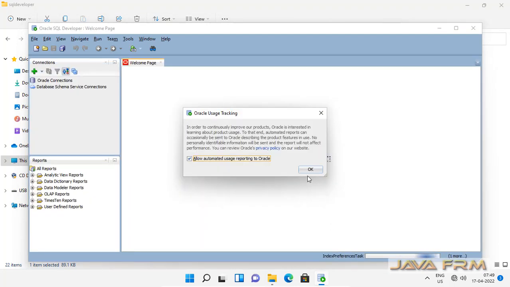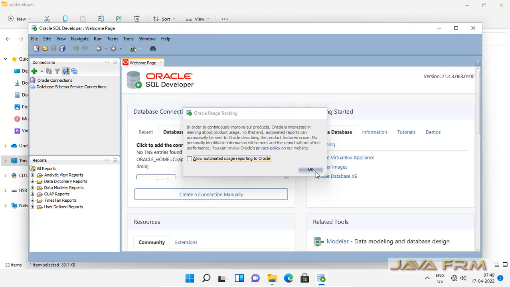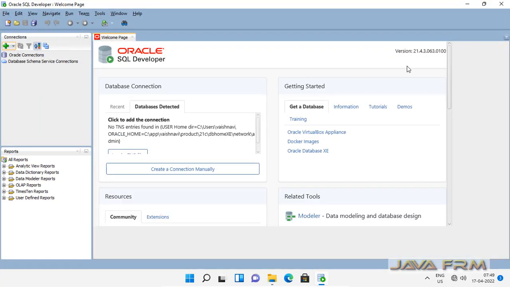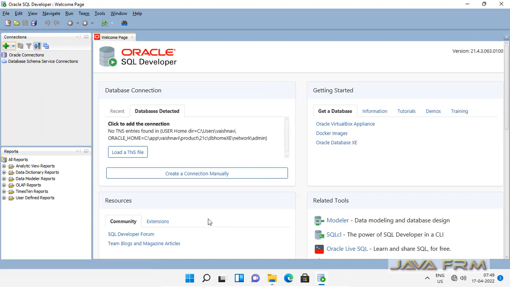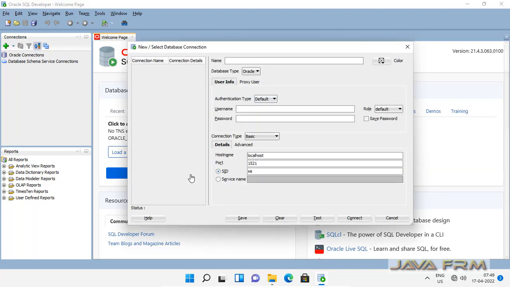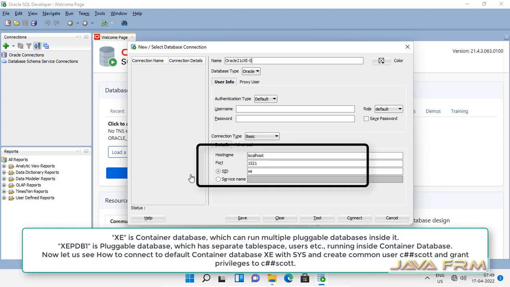Okay. So now we are going to connect to Oracle Database 21C Express Edition on SQL Developer. So first, we are going to connect to the container database. So we are not going to connect to the pluggable database. Instead we are going to connect to the container database. So please note down the syntax. Okay, so first I am creating one connection name, Oracle